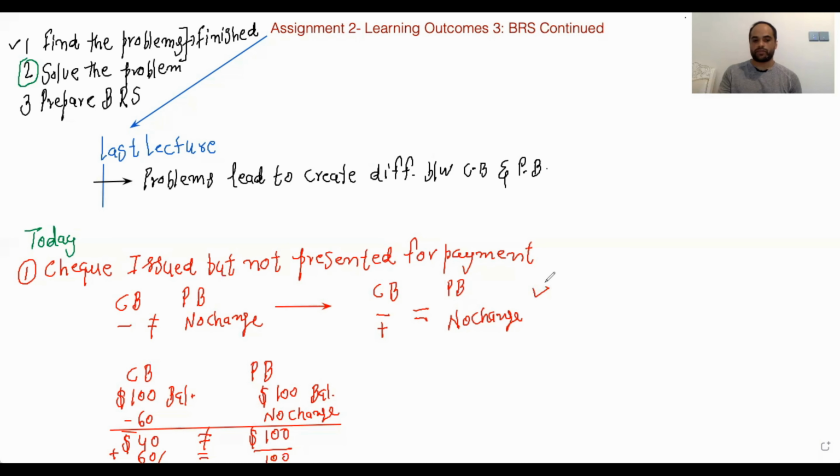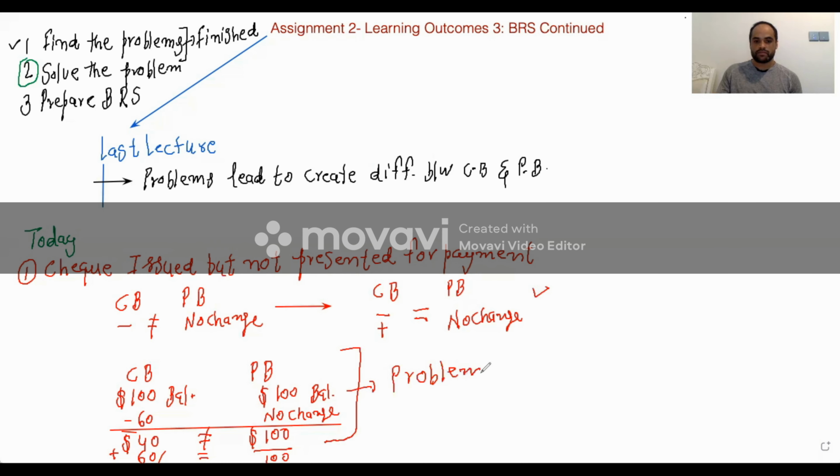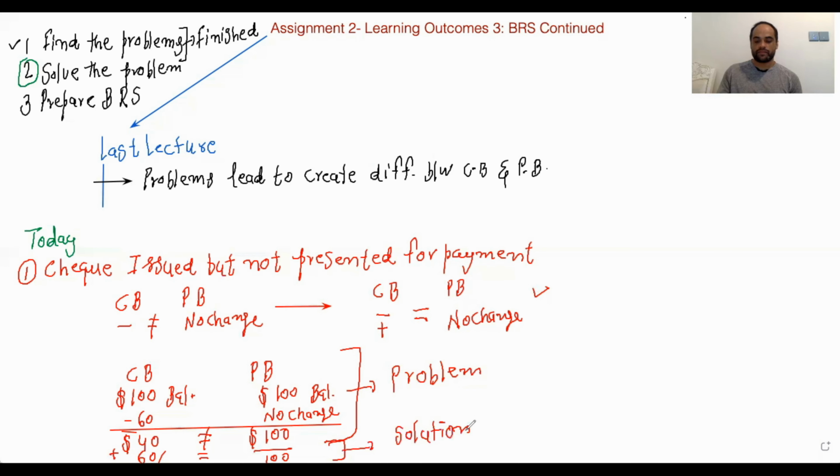All right. So from here until here, this is the problem. And from here until here, this is the solution, right? So this is the way to make balance equal. So obviously,